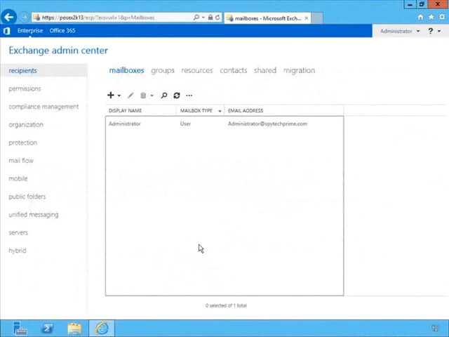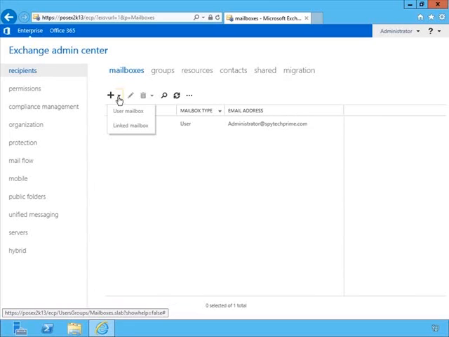Okay, and so here we are in our Exchange Admin Center, and so you can see on the Features pane we have Recipients selected. The tabs up here at the top are the ones we discussed: Mailboxes, Groups, Resources, Contacts, and Shared. We didn't discuss migration because migration basically relates to moving mailboxes from one place to another, so that's not connected back to our discussion of recipient type creation. Under Mailboxes, we can see the administrator mailbox. We can also see, if we select the down arrow, we can create a new user mailbox or a linked